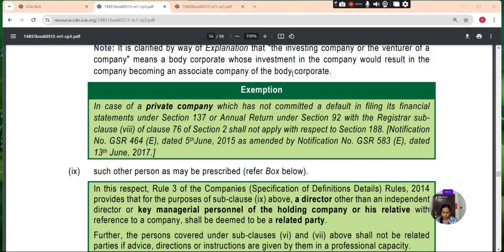In case of a private company which has not committed a default in filing its financial statement under Section 137 or annual return under Section 92 with the registrar, this Section 2 shall not apply with respect to Section 188. Such other person as may be prescribed. In this respect,